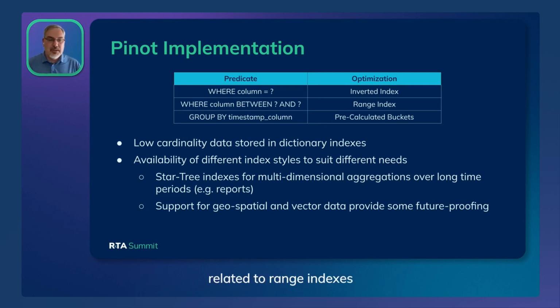And another thing we did related to range indexes is we took our timestamps and we pre-calculated buckets. We basically truncated the timestamps into a bunch of different fields. For example, we would take a timestamp in its raw form, which would be specific to the millisecond, and we would store that in a 1-minute truncated form, a 15-minute truncated form, a 20-minute truncated form, and so forth. And what this allows Pinot to do is aggregations and searches very quickly because we lowered the cardinality of